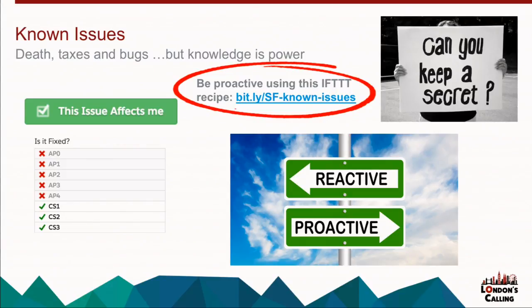So I don't know if you know IFTTT, If This Then That. It's a web app, a recipe building app effectively. You create a recipe that connects one channel, in this case known issues, with another channel. In my case, I have it going to my email. And then anytime a known issue gets added, I receive an email with a brief summary of what's going wrong. The majority of them I can disregard. But if it's something I know that my org uses or needs, then I'm going to pay attention to that.